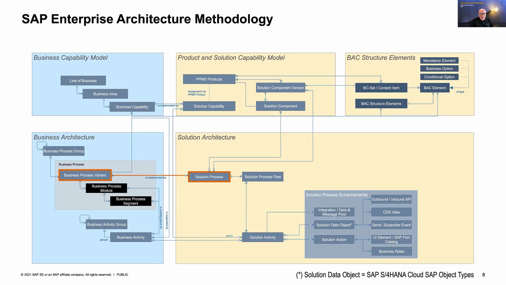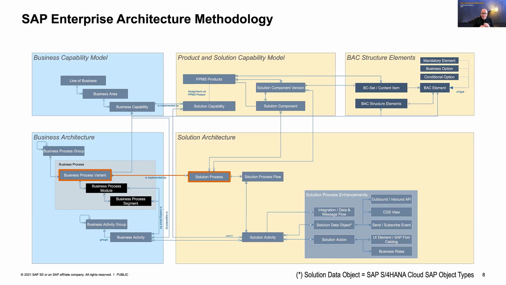And in the Enterprise Architecture Methodology, you can, from a very high level, just say there is the bluish area and there is the yellowish area. Blue is business talk, yellow is solution. Business talk usually is a perspective where you talk about processes from a solution agnostic point of view. So you don't have any particular software product in mind when you talk about the business processes, but you define what are the business processes you need to operate in your corporation, and what are the capabilities and what are the abilities I need to maintain.